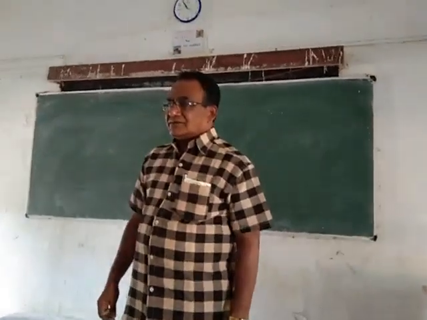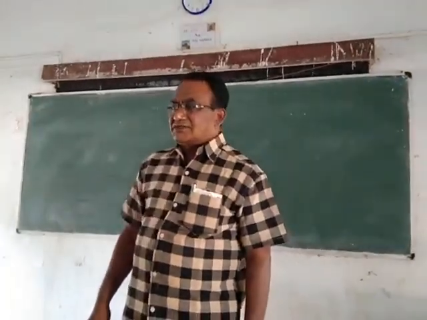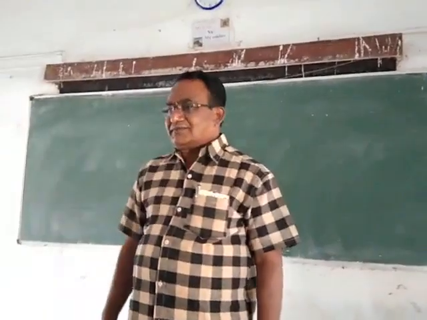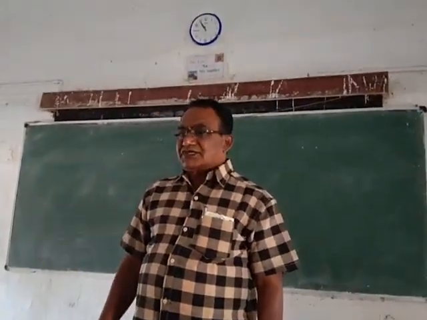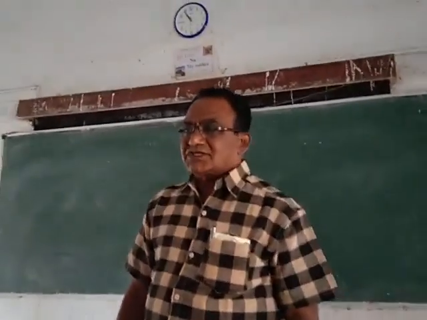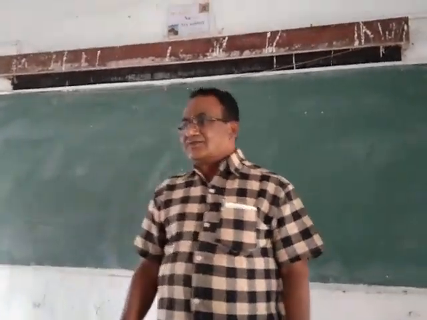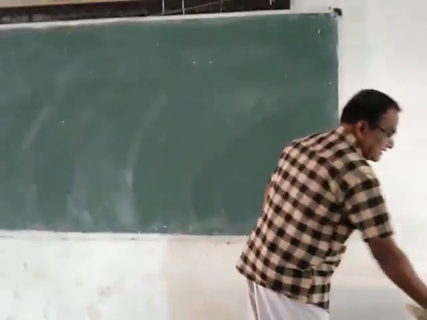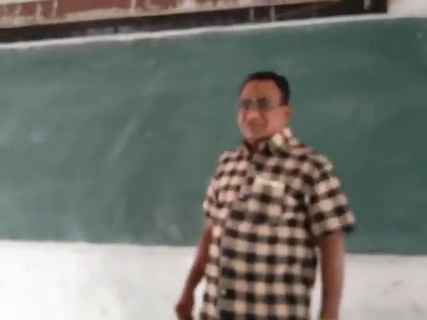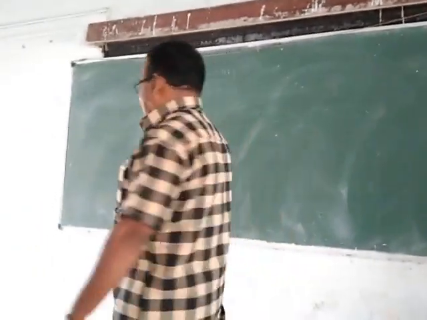Corollary 3, which is nothing but Euler's theorem. But before that, let us try to know the definition of Euler's phi function. The definition of Euler's phi function is this: for all positive integers n greater than